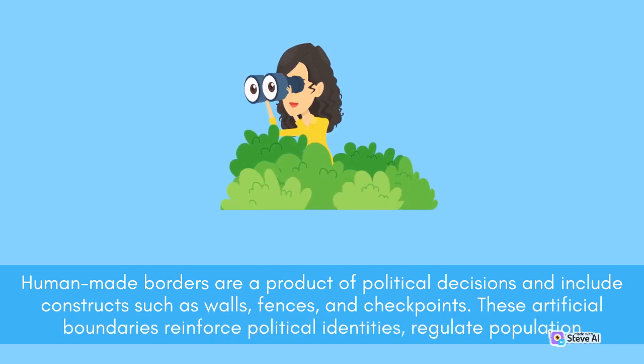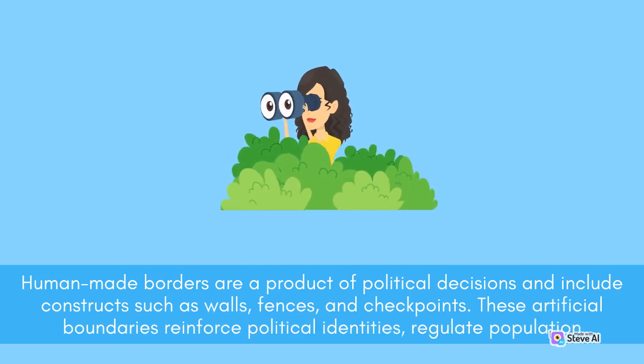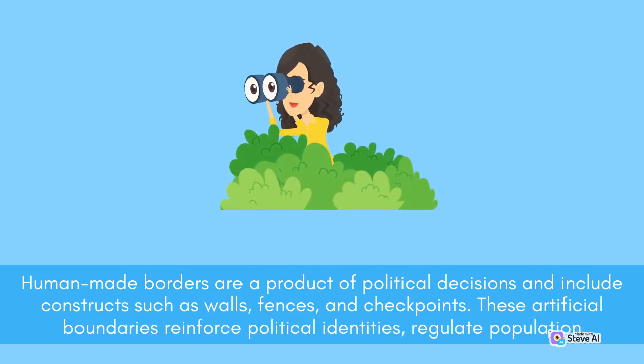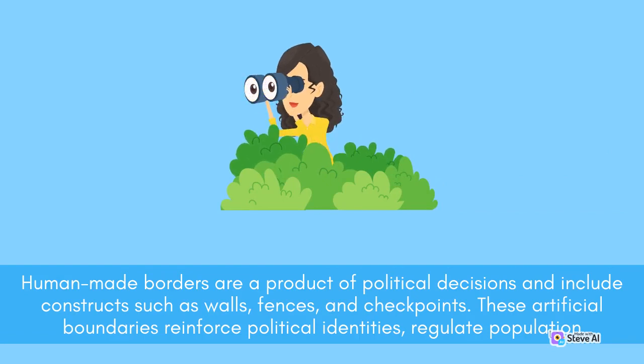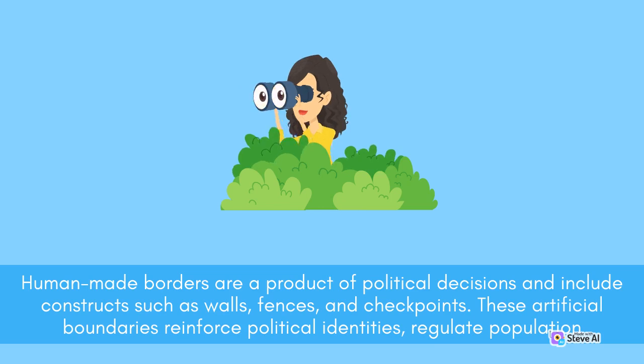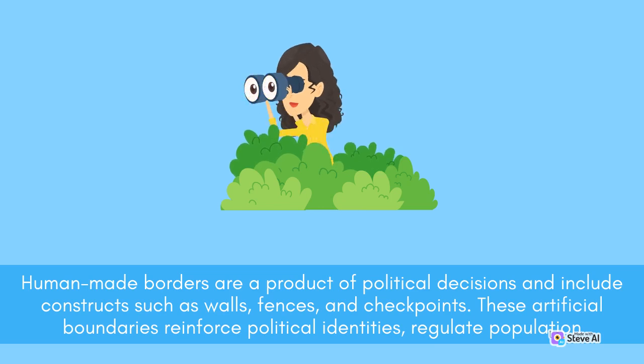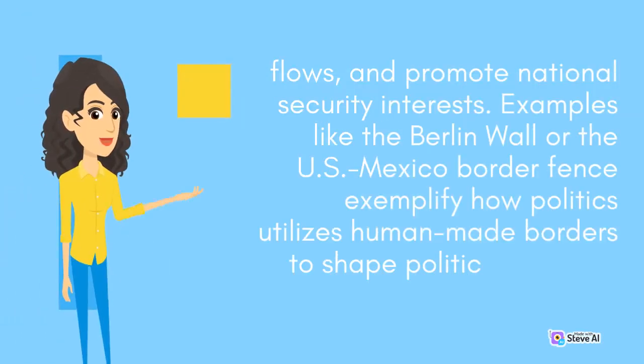Human-made borders are a product of political decisions and include constructs such as walls, fences, and checkpoints. These artificial boundaries reinforce political identities, regulate population flows, and promote national security interests. Examples like the Berlin Wall or the U.S.-Mexico border fence exemplify how politics utilizes human-made borders to shape political realities. However,